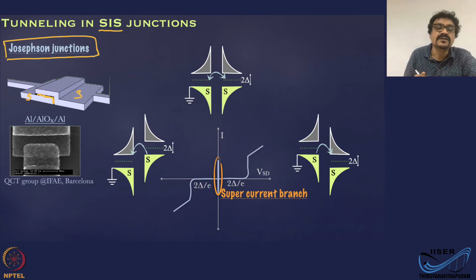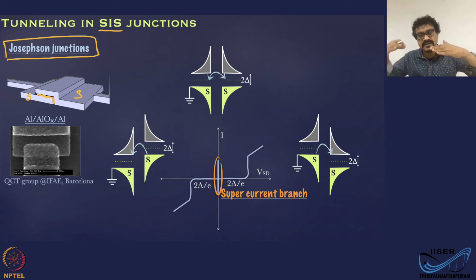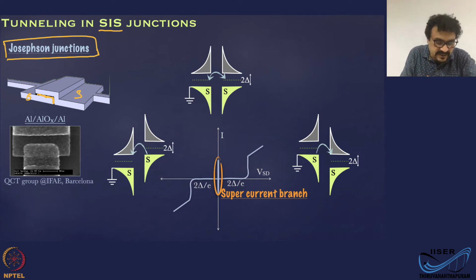So as I told, it's very easy to make these junctions in the laboratory just by a technique called double angle evaporation, or it's also called shadow evaporation. What you have is the first layer, then you oxidize, and the second layer you evaporate at an angle with respect to the first layer. The first layer is here, you have a gap. The second layer is here. So one of the electrodes in the second layer will touch the first layer, but then there is an intermediate oxidation stage. So you are going to get a superconductor, this intermediate oxide, then a superconductor junction.